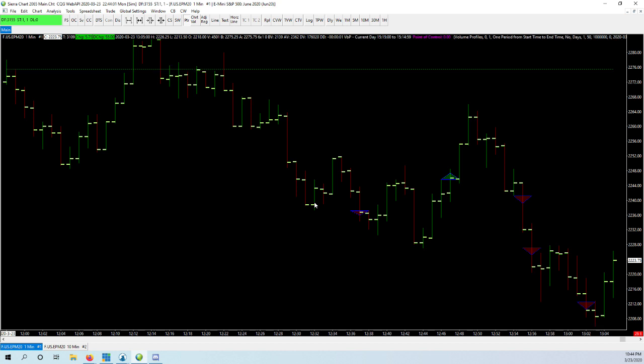I'm not sure what it looked like on the profile, but if these pivots happen right around a VPOC or a point of control, that's even better. Usually you get a better pop. And if it happens around even numbers, like I'll show you one that happened around 2200.00. If you got a bunch of zeros at the end of a number, those are like psychological levels, so those tend to be good.